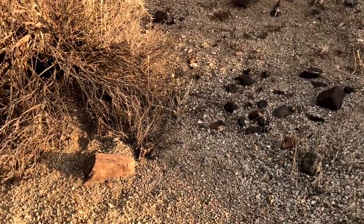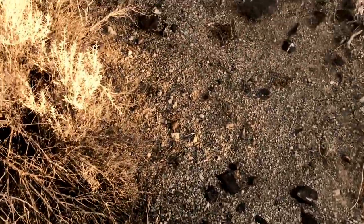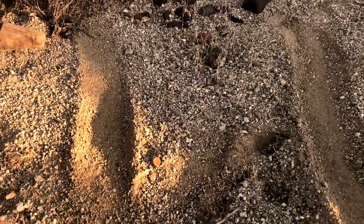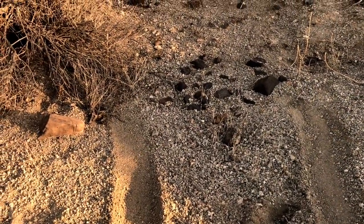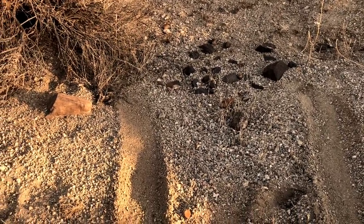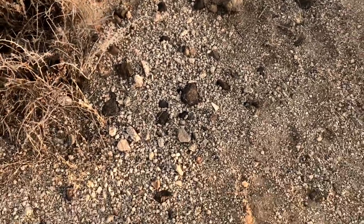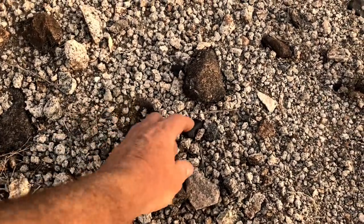So what I probably come over here and do is set up my machine and scoop out all that earth there, maybe for about, I don't know, 8 feet, 12 feet. Take out 4 inches or so, and run all that through the dry washer and just take a sample. You can see petering on down here, there's some more ironstones just laying right with the...